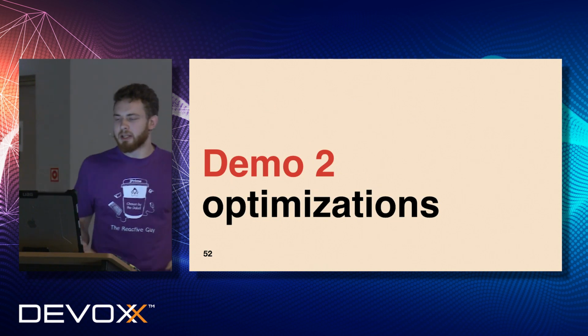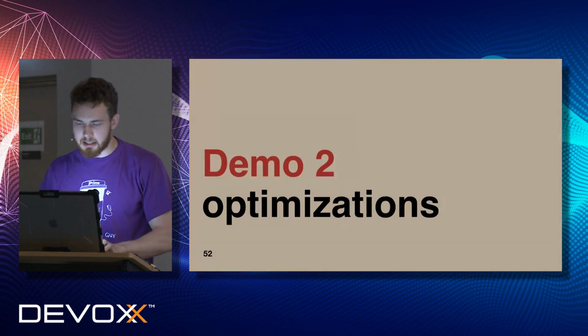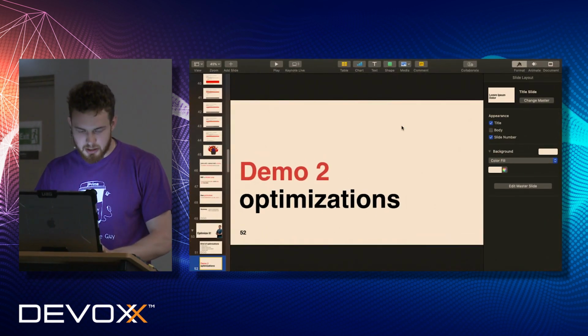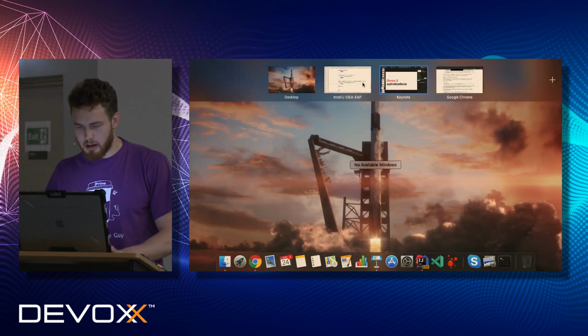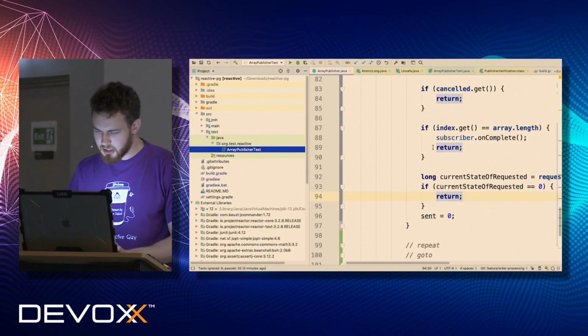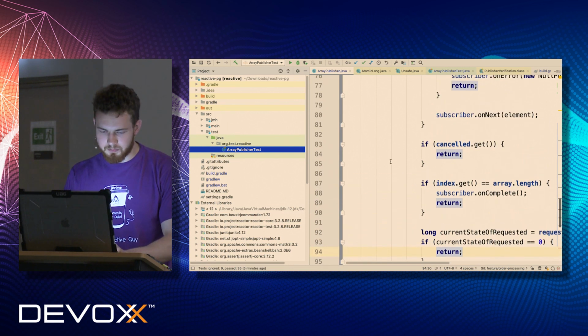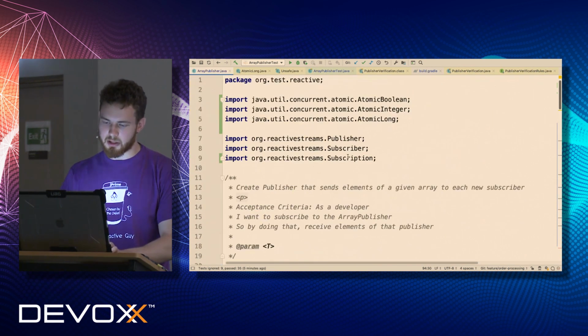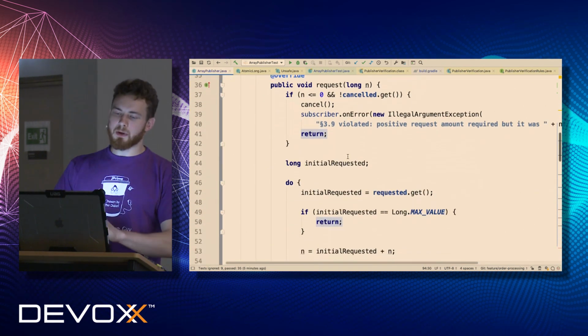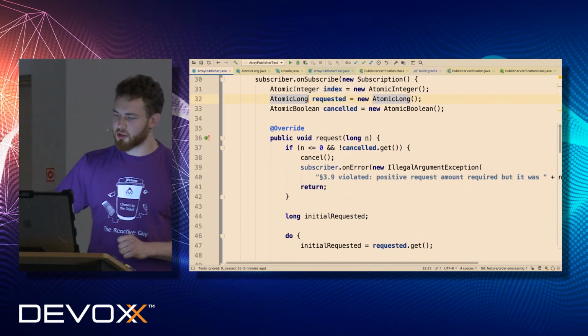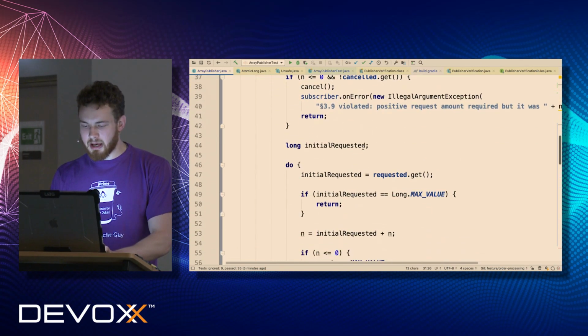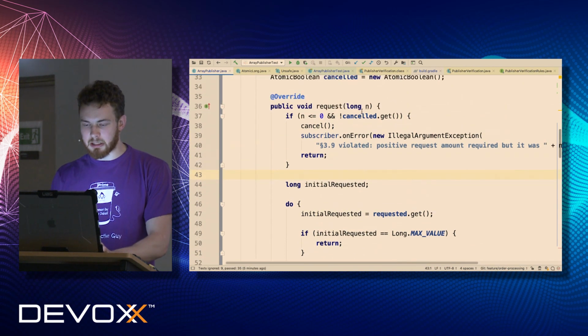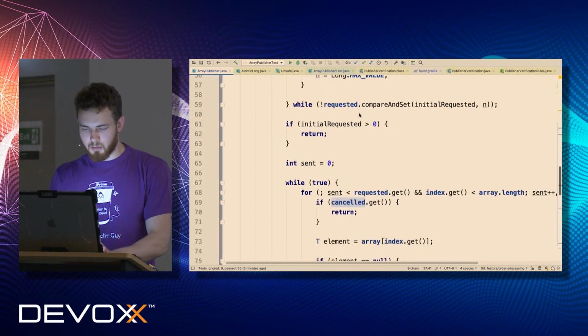All right. So let's turn to our second demo, and let's try to optimize our implementation. So what do we have? Yeah, this is our publisher. We have a few atomic integers here. We have a few accesses to the cancelled field, like there.